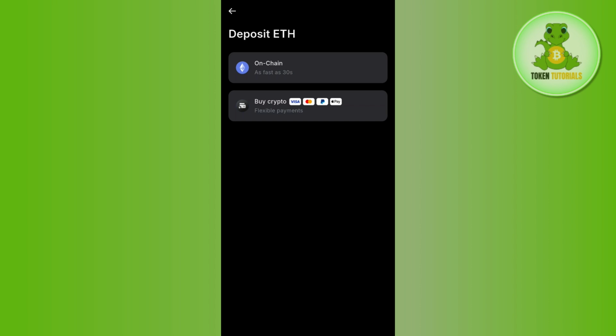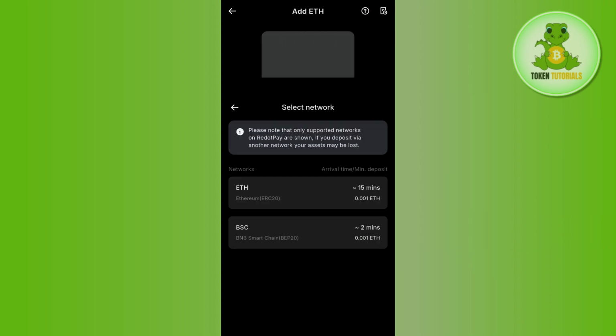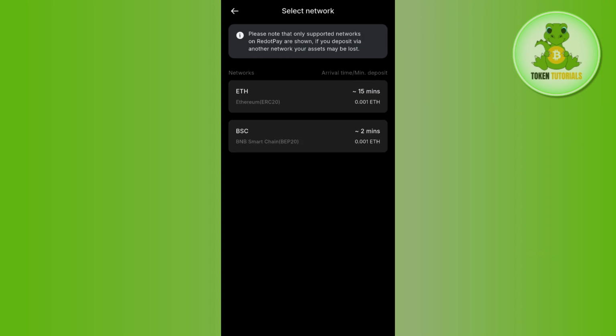Now select the option of on chain on the top, and then it is going to ask you to select your network. So since we are depositing Ethereum, you need to select the ERC20 network because that way it will be compatible. Now as soon as you do this, you will be shown the QR code and the link that you can basically use. You can use any other exchanges or wallet, and from there you can send the cryptocurrency inside your RedotPay account. So this way you will be able to deposit any of the cryptocurrencies into your RedotPay